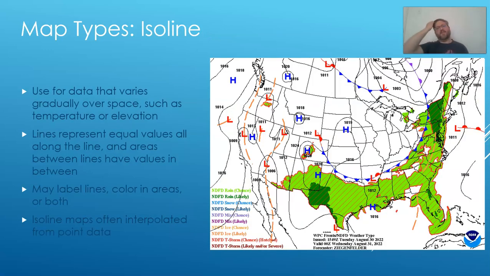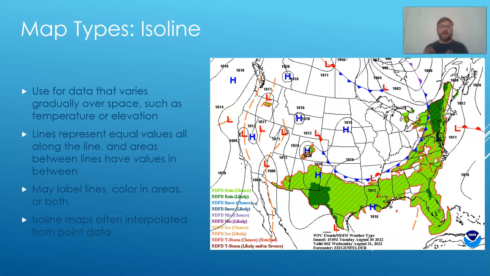Another very important type of map is an isoline map. We use an isoline map when we have data that varies gradually over space, right? Where two things that are close to each other are going to have similar values, but things that are farther apart might be farther apart in their values for the data that we are presenting. And so we often see isoline maps in contexts like temperature or elevation, or as we see in the example image here, this is a weather map from NOAA, the National Oceanic and Atmospheric Administration,